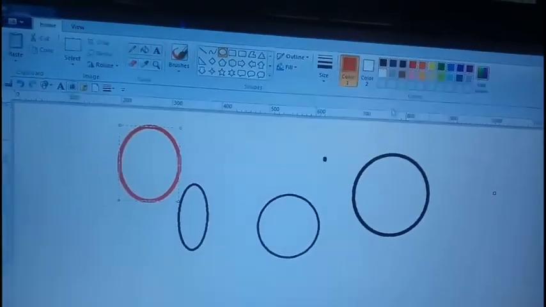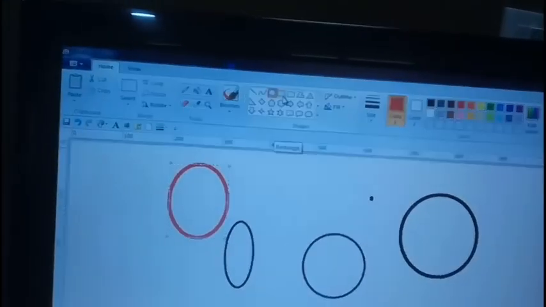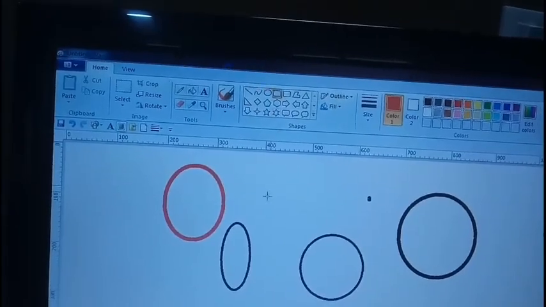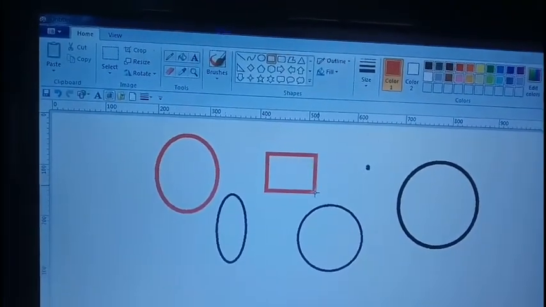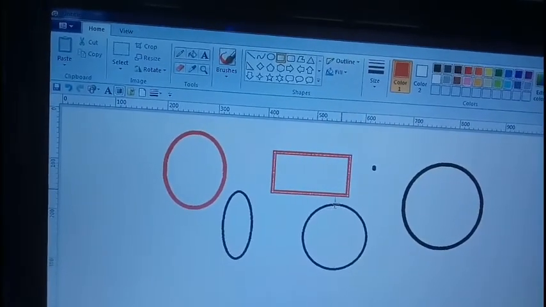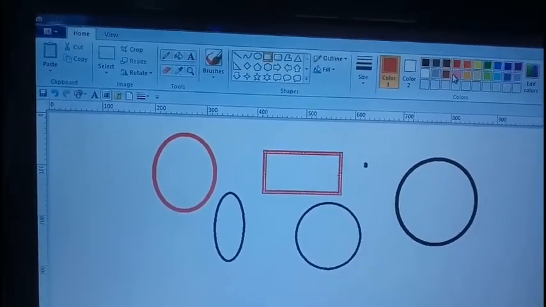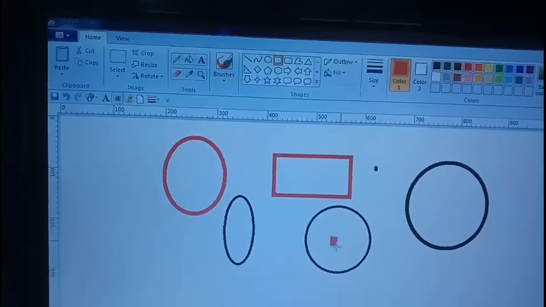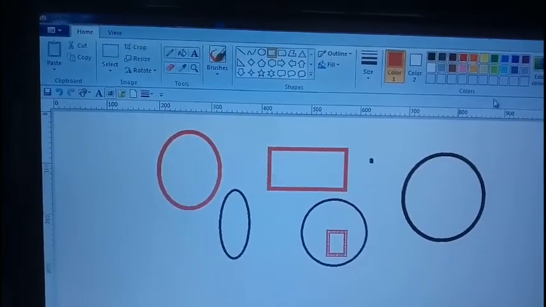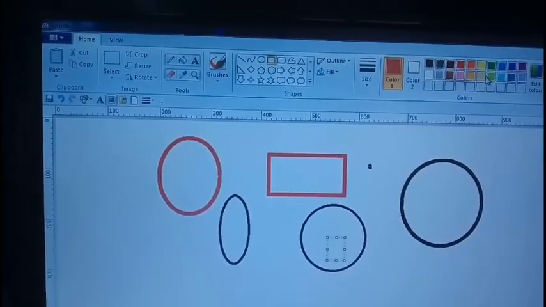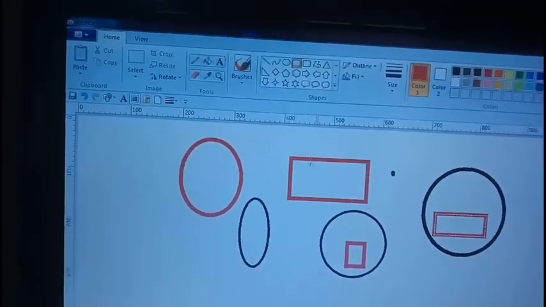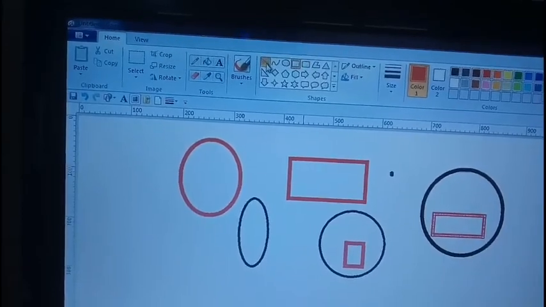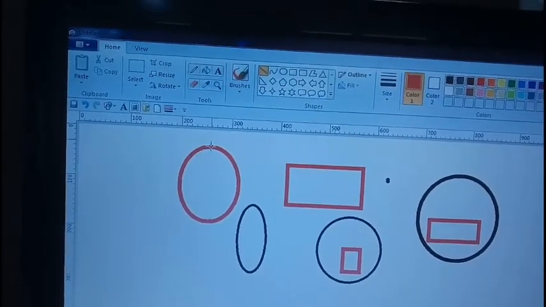In the same way, you can draw rectangles by clicking on the rectangle tool, and after that you can choose the size and color and draw rectangles. Then we have the line tool for drawing straight lines.